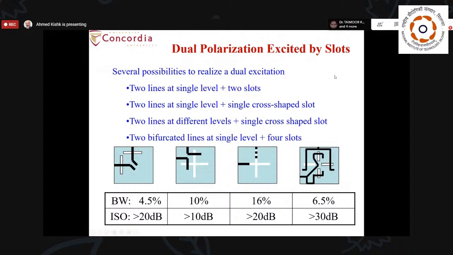When we come to the slot excitation, we can have dual polarization by having 2 slots orthogonal to each other. But there are many different configurations for that. Here, this is a microstrip patch. Underneath, this is one slot, this is another slot. This is for one polarization, this is for another polarization. But in order to provide matching, this microstrip line has to be extended